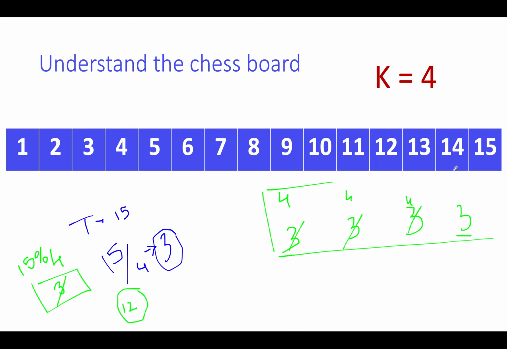Once we know the sizes, we can iterate over the input linked list and update our head accordingly. For example, the first one will have 4 size, so 1, 2, 3, 4. We'll mark this null here. We'll store the next counter, and this will be the head of the second node. It will have 4 nodes again, 1, 2, 3, 4. We'll mark this as null, the next of 8 as null, and this will store the head of the third linked list, 1, 2, 3, 4 again. We'll mark this as null, and 13 will store the head of the next linked list.